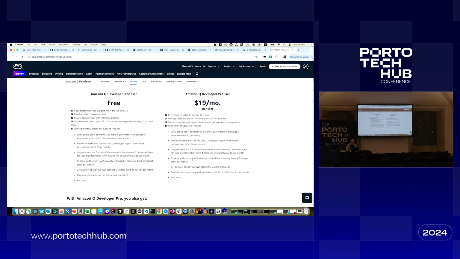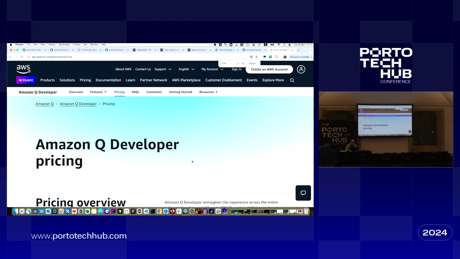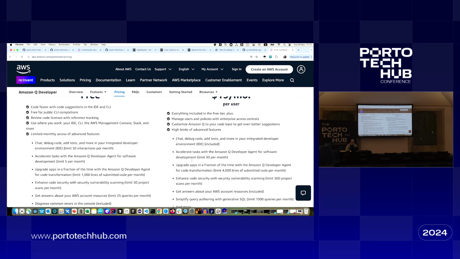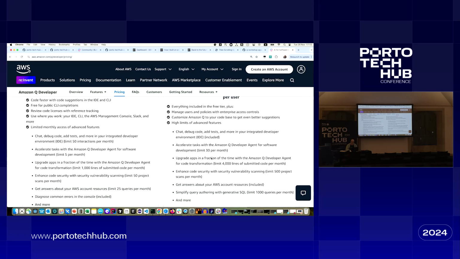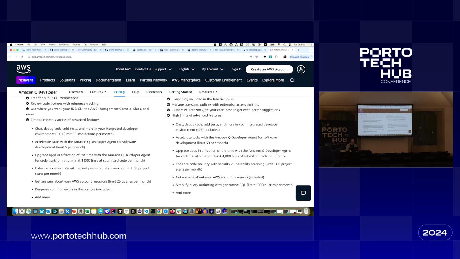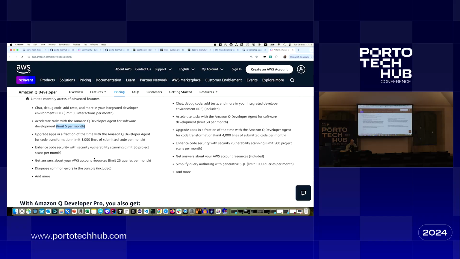So the Builder ID is the one on the left-hand side, $19 on the right-hand side. You can see that you have 5 per month for the /dev. You also have some other limitations as well. Most of the time you don't actually run into these problems,